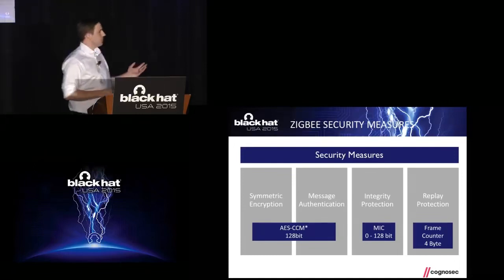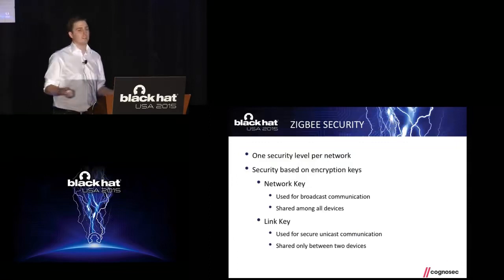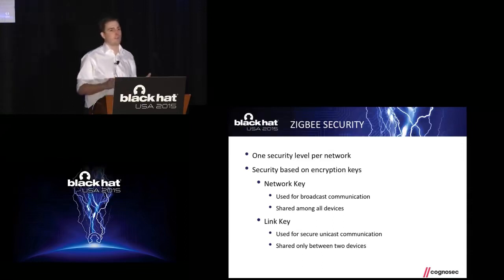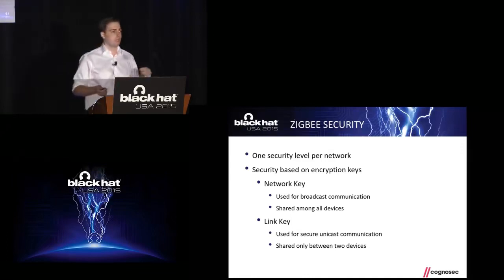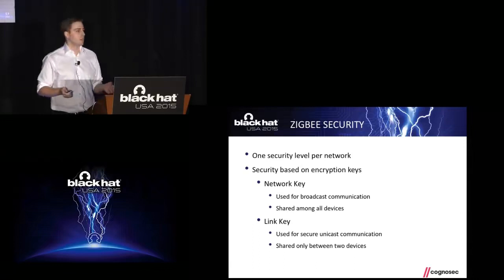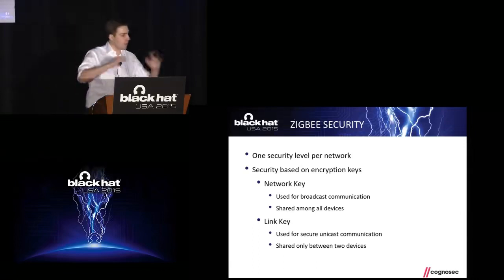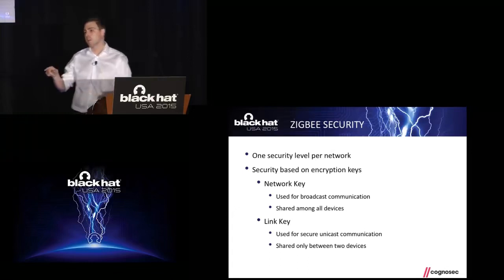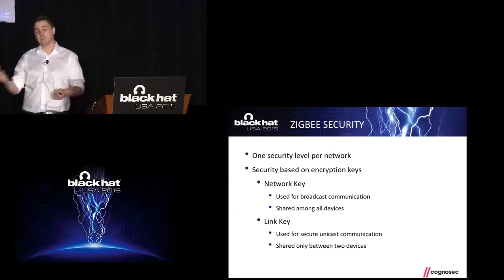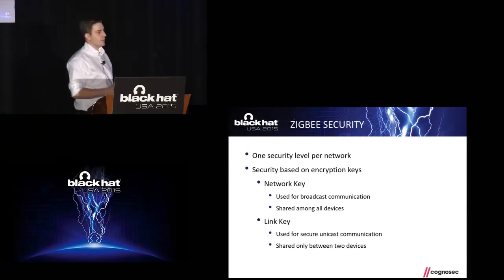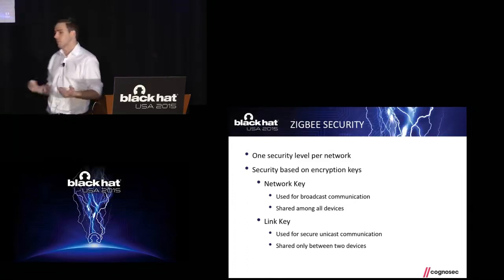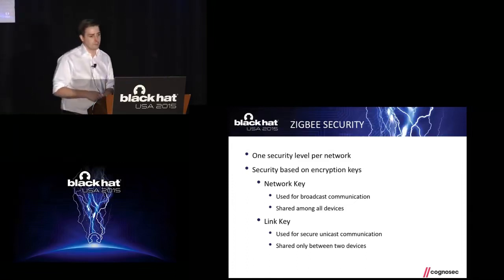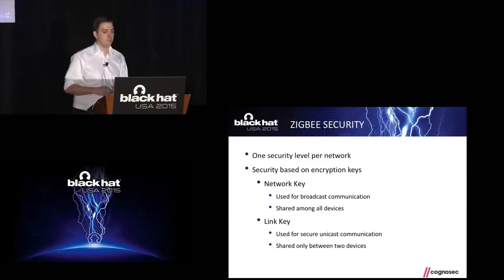So this looks quite nice, so they thought about security. What else about security? An interesting thing is that you are only able to choose one security level per network. What does this mean? The weakest device in your network will determine your security level. Usually we will do home automation, you automate your whole home. This means your door lock will be applying the same security level as your light switch. And light switches, for example, sometimes don't even have batteries. They're just gathering the transmission power by pressing the button. So you can imagine how much resources they have for doing cryptography or that kind of stuff. So that's quite bad, actually.